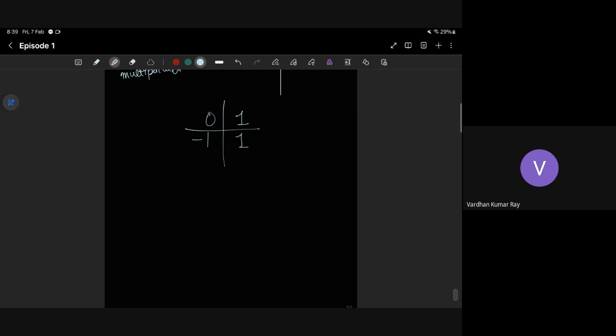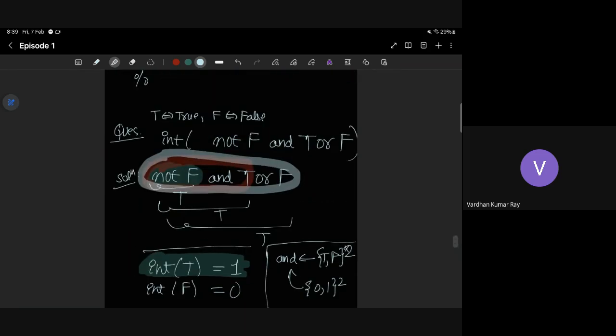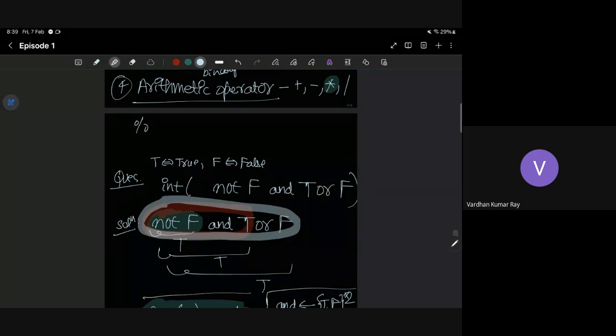Okay, I was talking about arithmetic operators, but I deviated a lot. Yes, the plus, minus, multiplication things are there. That's all. Then I have this percentage symbol. What is it? Anybody knows? Modulus operator, right. If you write A modulus B, you will get A mod B, so it's just like the remainder when A is divided by B.